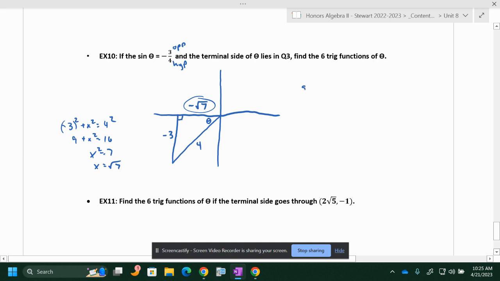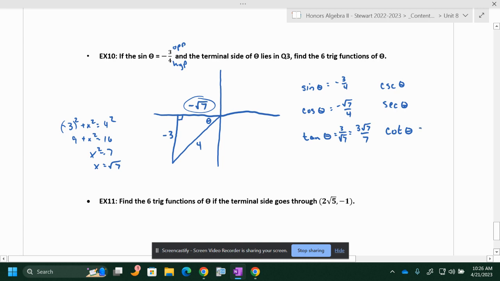Once we have this down then, again, I'm just finding my sine, cosine, and tangent, my cosecant, my secant, and cotangent. So with my sine, it already gave me, it's negative 3/4. My cosine, negative square root 7 over 4. And then my tangent, I have 2 negatives that create a positive. So I'll have 3 over the square root of 7, which will be 3 square root 7 over 7 when